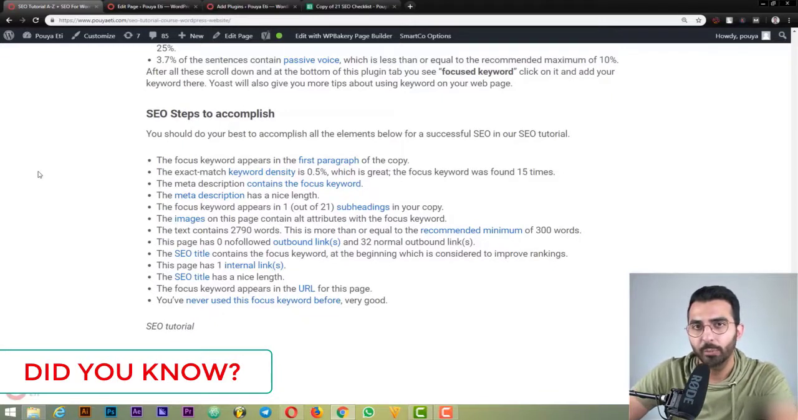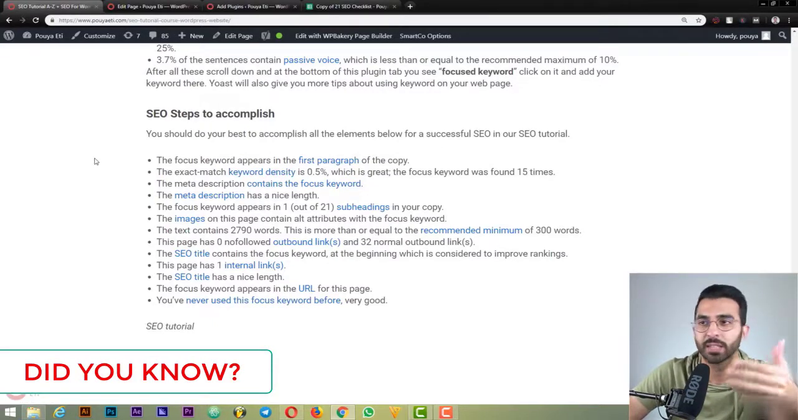So the first thing that we have to pay attention to here is that the first paragraph in our web page must have our focus keyword in it. All right, so this is number one. Number two, the exact match keyword density. It is very important that when you're writing your copy, and let's say, for example, in my situation, my focus keyword is SEO tutorial, the minimum percentage that I can use my focus keyword in my copy is